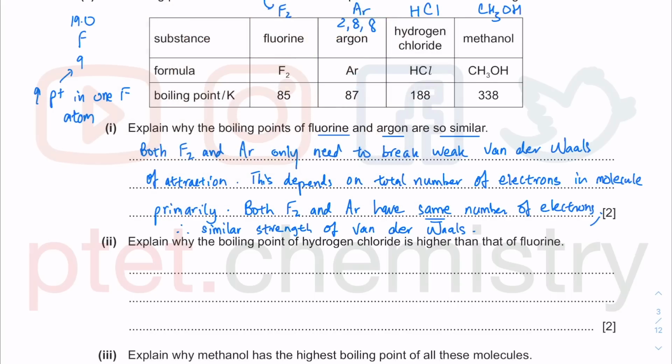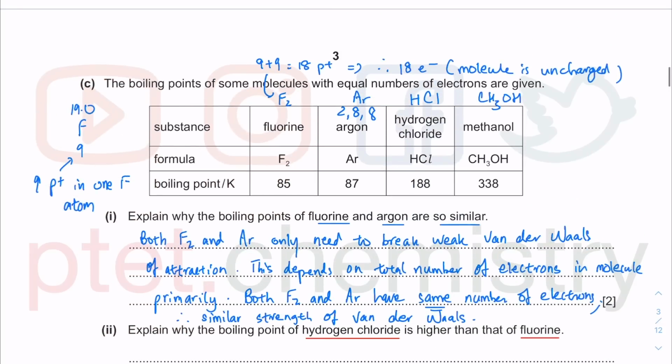Now the next bit, why is the boiling point of hydrogen chloride so much higher than the boiling point of fluorine? When we look at hydrogen chloride, HCl, hydrogen has 1 proton, and then you have 17 protons from chlorine, because chlorine is the 17th element, and then you get 18 protons. Surprise, surprise, because it's a molecule, there is no overall charge,